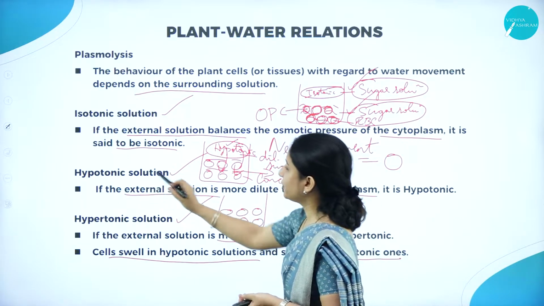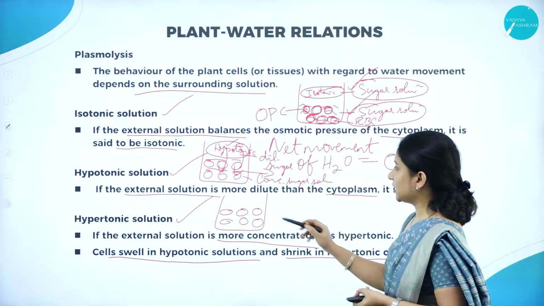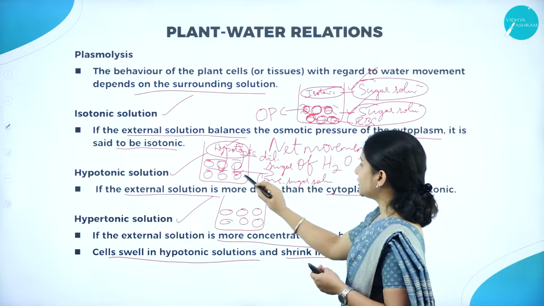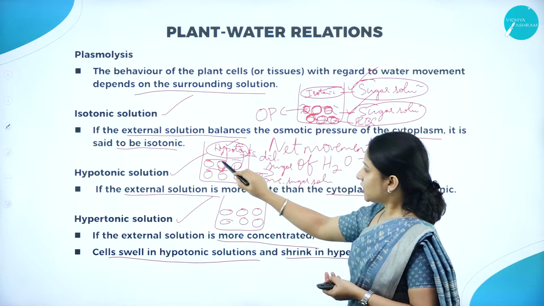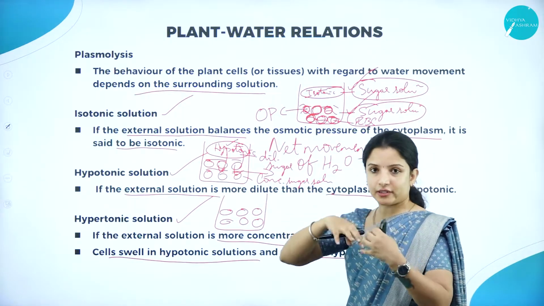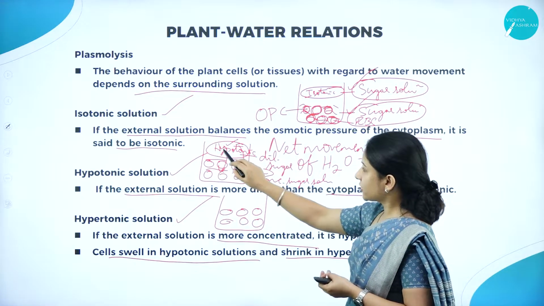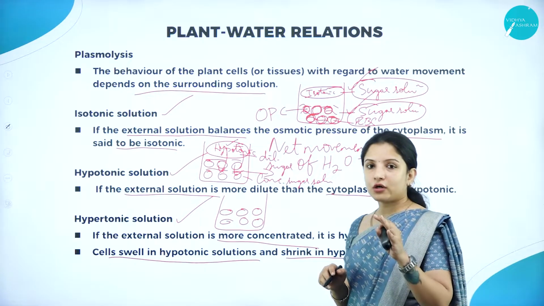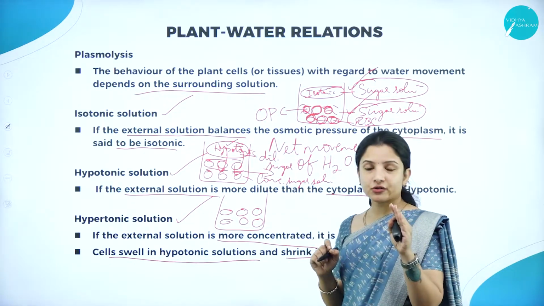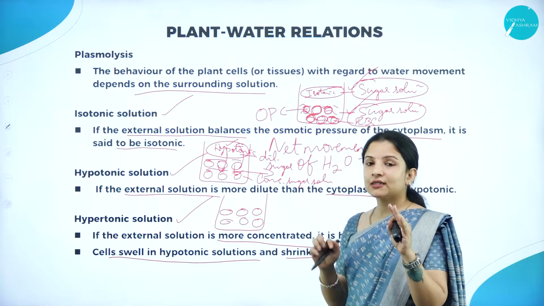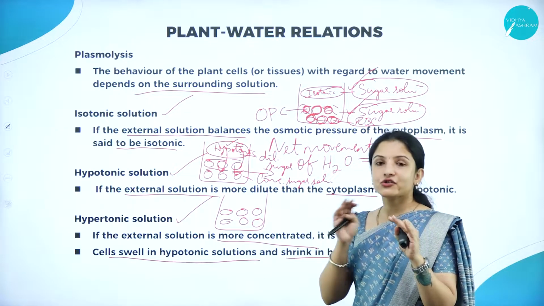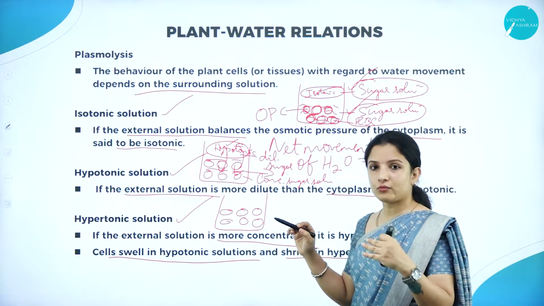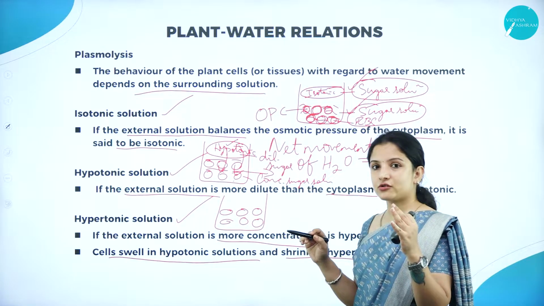When talking about the hypotonic solution, say in the beaker I have taken raisins and I have put the raisins in a concentrated sugar solution. But the sugar solution in the external medium is hypotonic, meaning it is dilute. So what happens here? In the dilute sugar solution, the water molecules are more, right? Sugar molecules are less. But in the concentrated sugar solution, sugar molecules are more and water molecules are less. So what happens according to the theory?